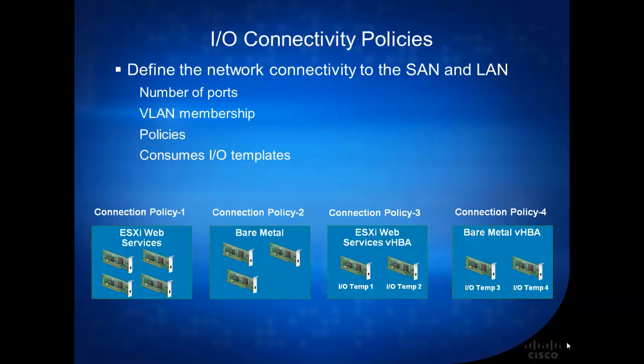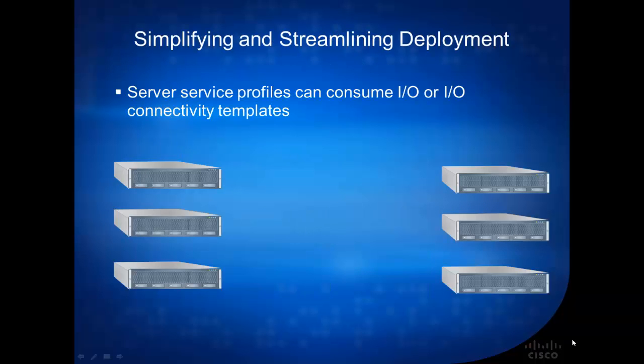You can do the same thing for your storage or your vHBAs. You can create a connection policy 3 under ESXi web services and then vHBA. In this case, I have 2, one for Fabric A and one for Fabric B, and I just point the I/O configurations to a template that's been predefined. So now when you want to apply it to the templates or the policies, you just go to create a service profile,